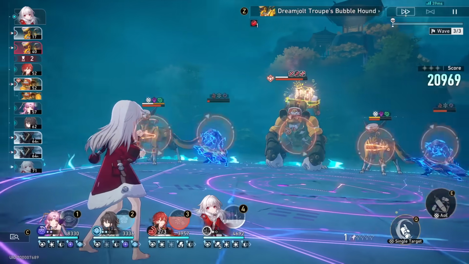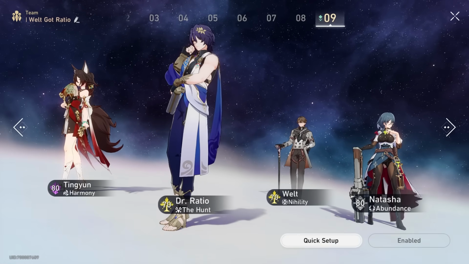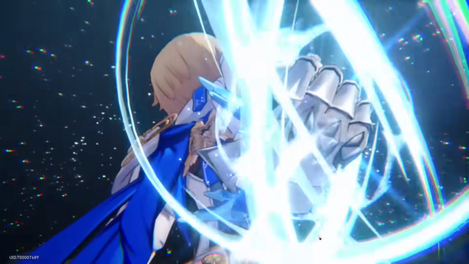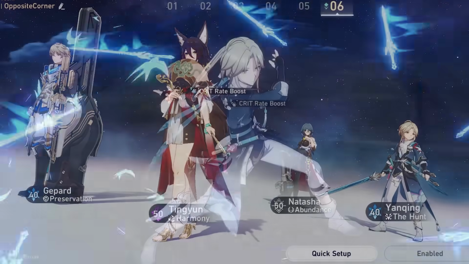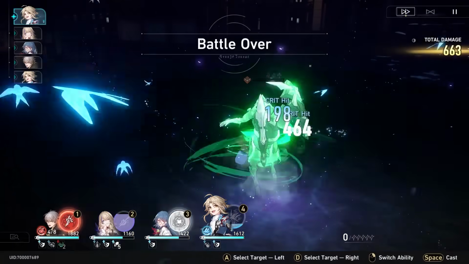plus follow-up damage dealer. Welt can also be an amazing unit to pair with Dr. Ratio or a few other DPS units like Imbibitor Lunae, Dan Heng, since he can easily slow the enemies down and provide nice damage himself. And of course, if you want to sustain damage, Gepard is here to protect you with his big beefy shield, and if you're one of those players who love playing Yanqing, Gepard can help protect this